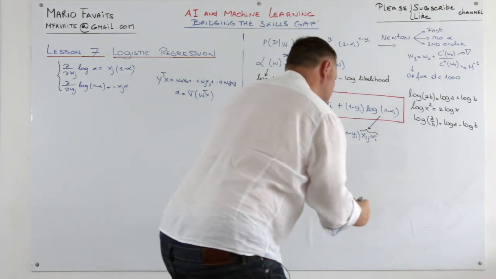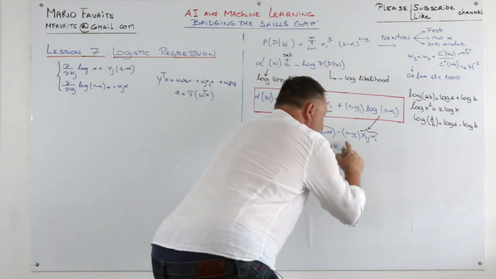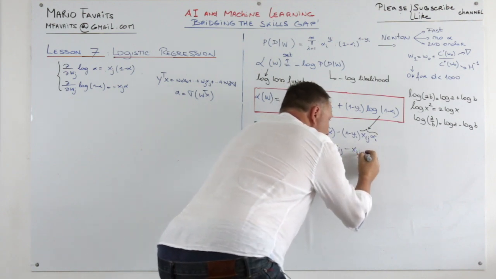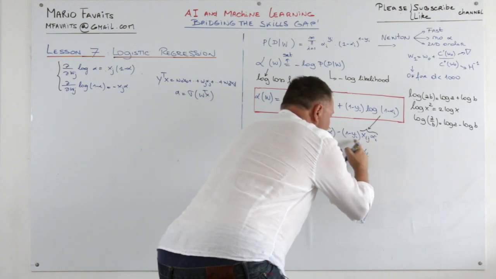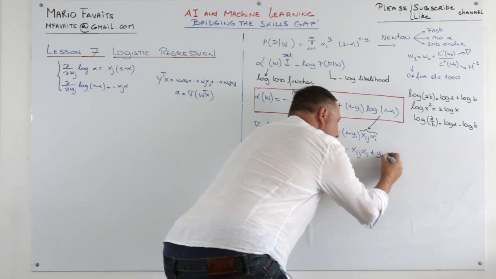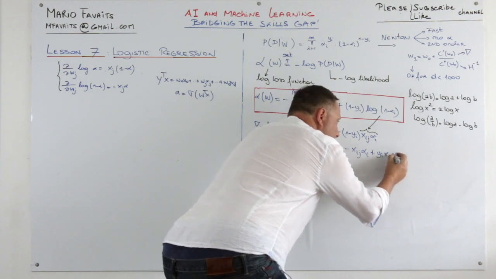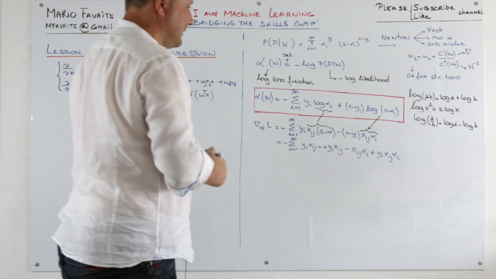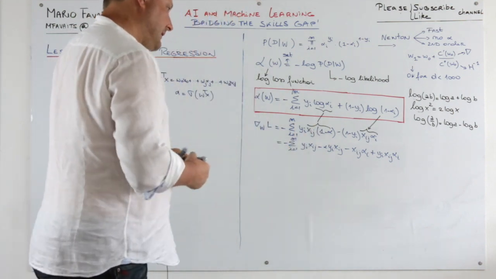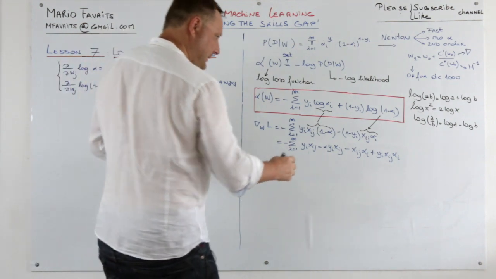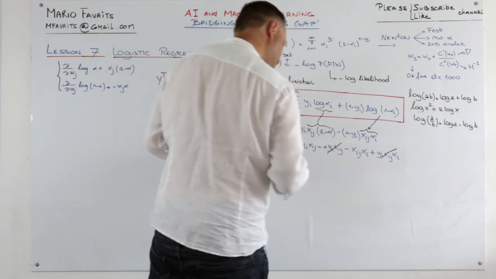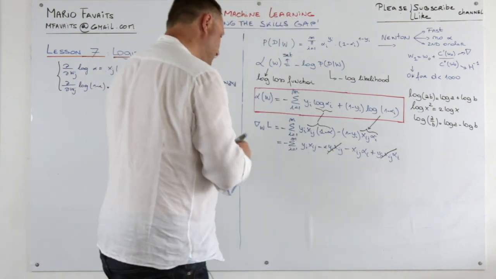So it is minus xij alpha I, and then plus yi times xij times alpha I. This is just algebra. Now we see that we can take these two out. These are the same. So we're left with